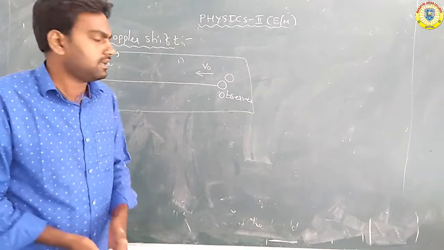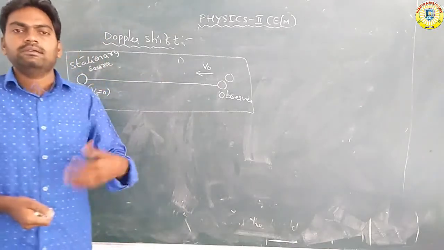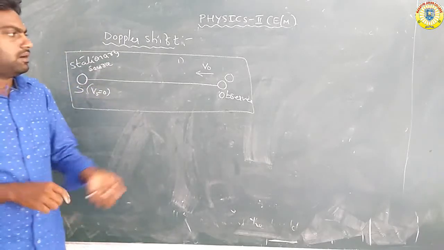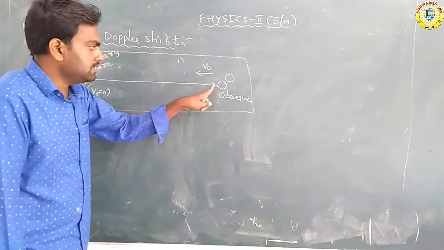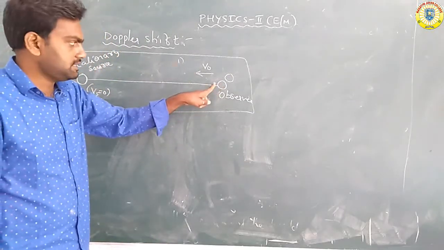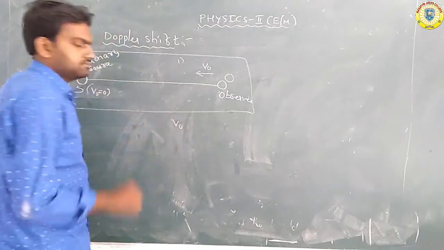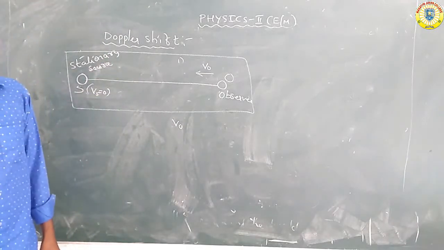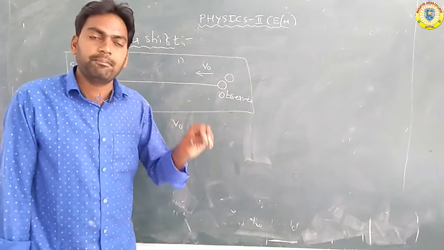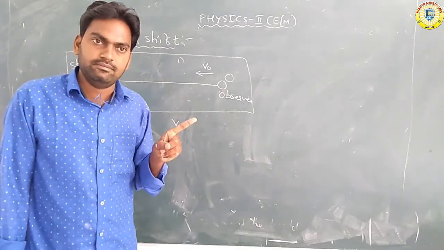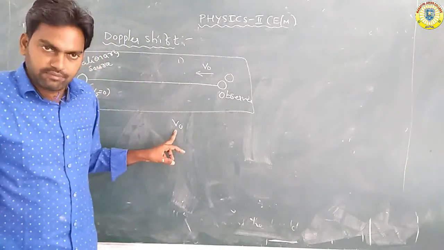That means here, in each second, the observer takes a number of extra waves. Why, sir? Because he is coming closer. So the number of extra waves is received in each second. The observer is moving; in 1 second the distance taken is v naught. The observer moves this distance. So the observer will receive a number of extra waves in 1 second. Here the observer is moving for 1 second, the distance is v naught.